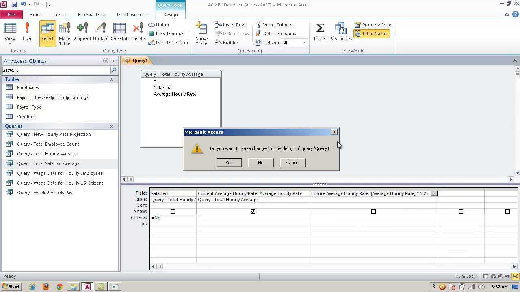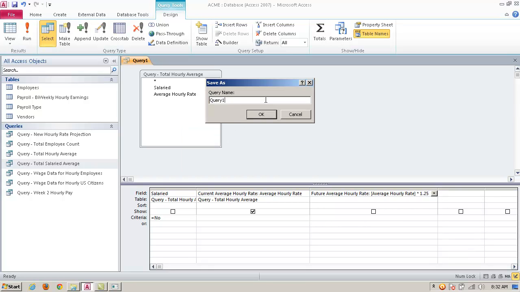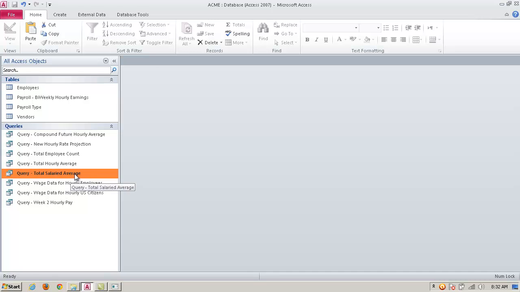Alright, and I'm just going to go ahead and save this query. You want to save it? Yes, and we will call this query compound future hourly average. Compound query future hourly average, that's what we'll call it. Alright, so then if we run it,